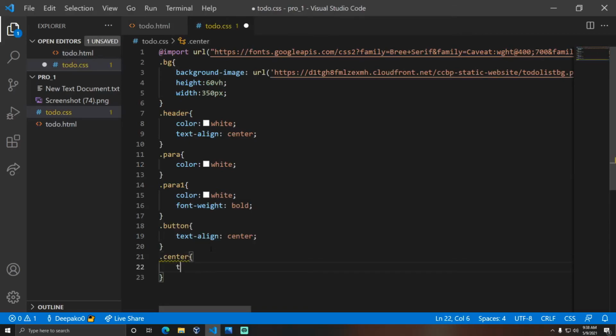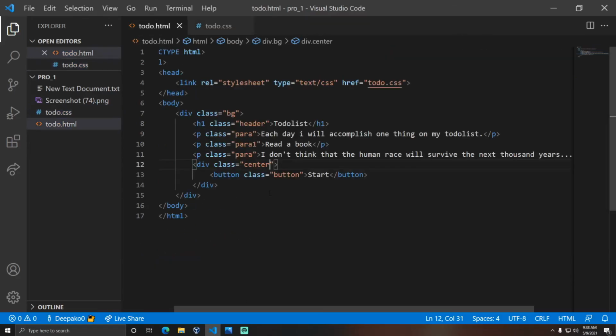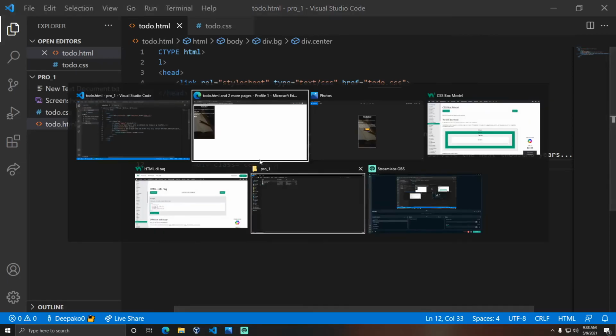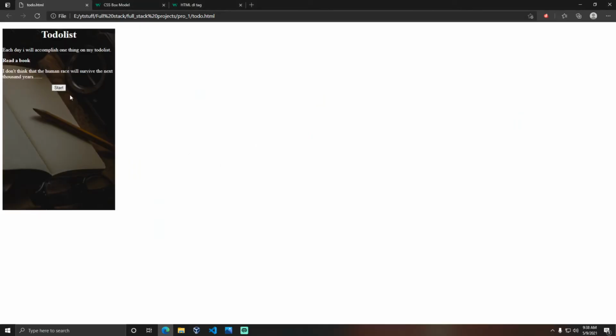The button alone won't get centerized unless you keep it in a separate container. If you refresh now, you can see the button is in the center. So you need to wrap this button element in a separate container, and if you center that container, the button will also be aligned to center.